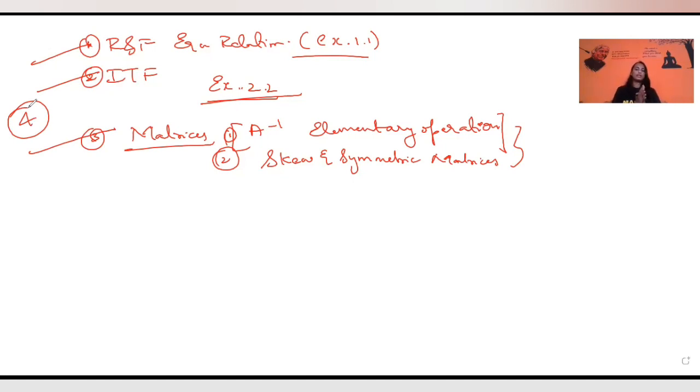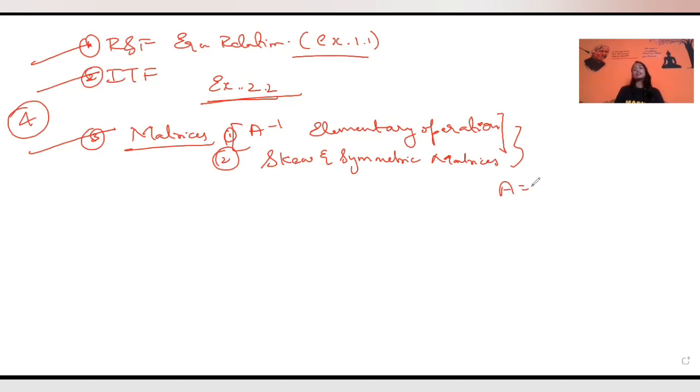That is very important. When you're writing matrices, you may write 2 on top and 1 below, or a minus on top and a plus below, and because of that marks are lost. So you have to be mindful when you're writing the answers, and concentrate on what you are writing. So if symmetric and skew symmetric is asked, they give a matrix and ask to write the given matrix as a sum of symmetric